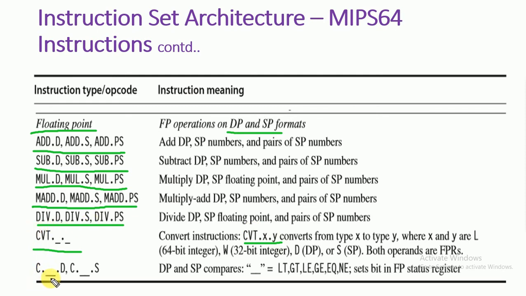Similarly, there is c.xx, where the suffix is replaced by conditions like lt: if c is less than d, or if c is greater than, gt. So on these floating point values, we can have some comparison. We are using these types of instructions. These are some of the instructions used with only floating point, single precision as well as double precision values. Just try to remember some of the instructions related to floating point values. So in MIPS 64 we use the dot for any floating point related operations.